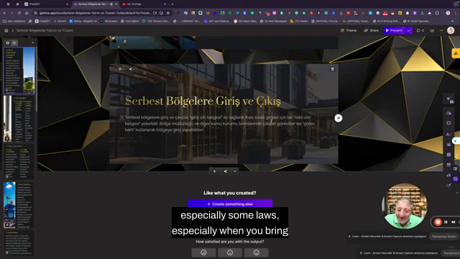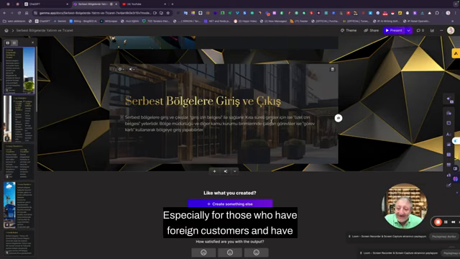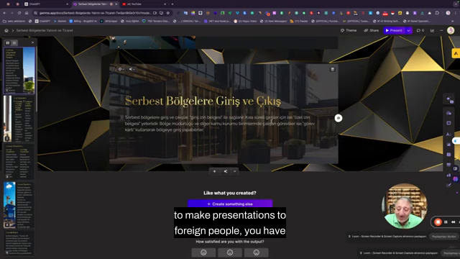Especially when you bring the text of a law directly and paste it as a file, it summarizes it in this way and makes it easy to understand for you. Especially for those who have foreign customers and have to make presentations to foreign people, you have the opportunity to make a presentation both in their language and in the form of a summary, in a way that they can understand.